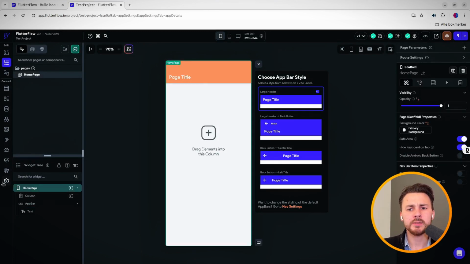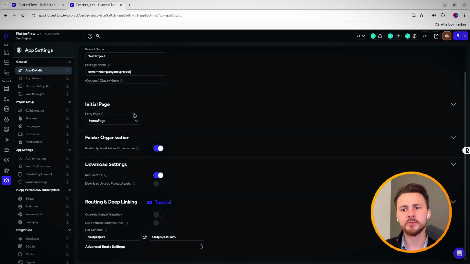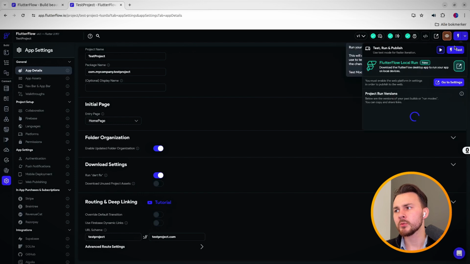Now we can go to the settings pane, just take a look at it. See it says test project, my company test project, which is fine. You see it says initial page. This is basically the entry page of the application, which means that if we go up here and we basically